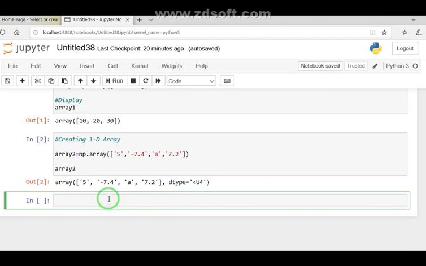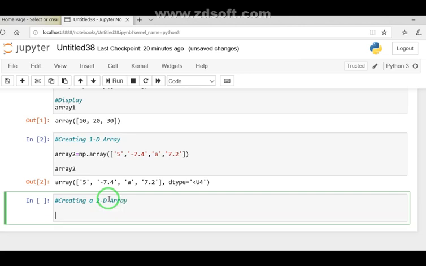Similarly, now students, moving to the next very important part, creating a two-dimensional array that contains rows and columns. So here we have array, now I named as array3. So np.array, and now we start with the rows. First vectors we'll be using here. So first row elements are like 1 and 2,